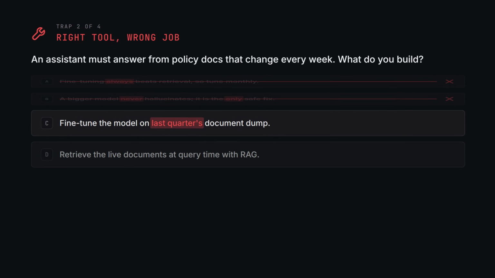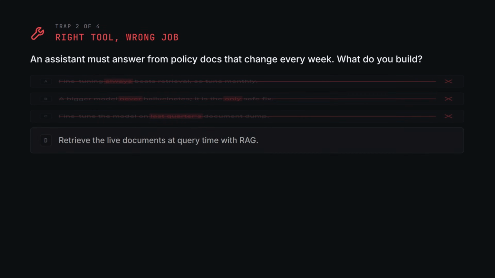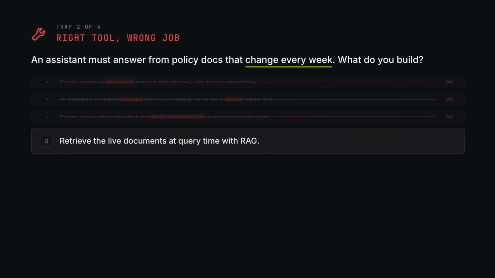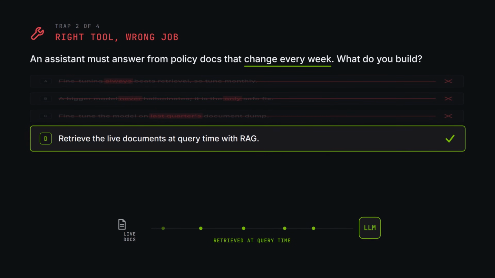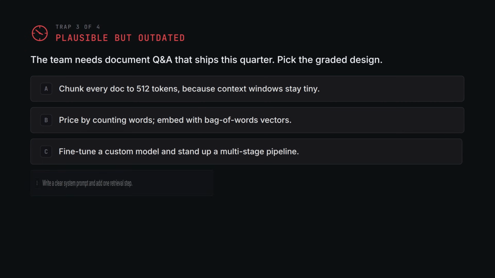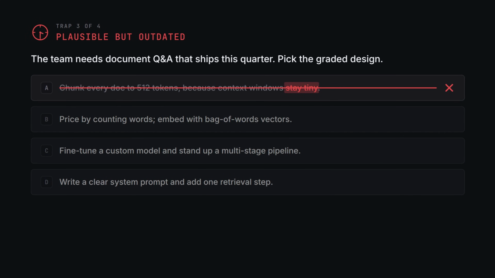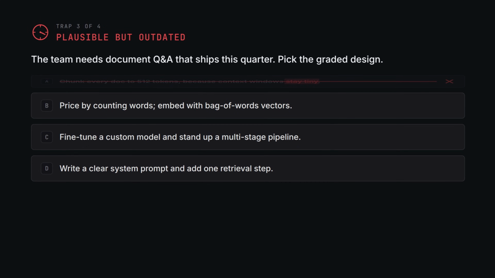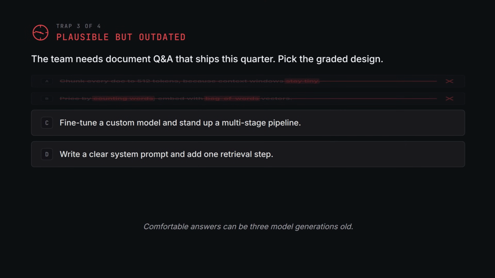The option names a real technique that solves a different problem than the one asked for. When a question wants fresh, factual answers, fine-tuning is a genuine method, but retrieval-augmented generation, feeding the model live documents at query time, is the one they are testing. Third, plausible but outdated. An answer that was best practice a few model generations ago and reads comfortable today. Tiny context windows, word count token math, and bag of words embeddings all sound reasonable, and all belong to an